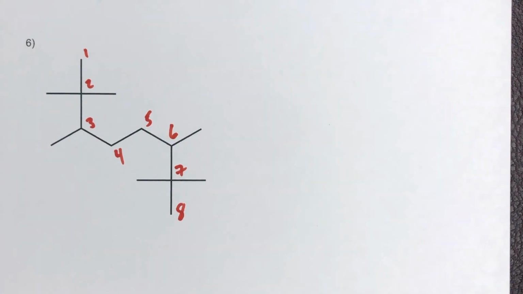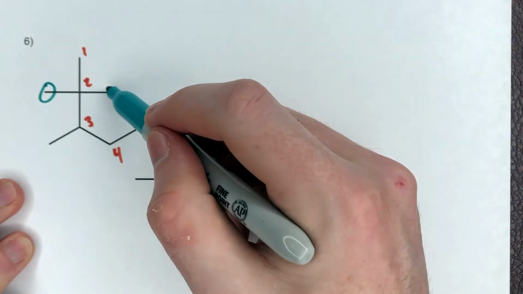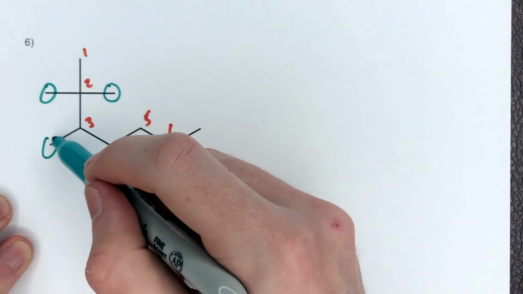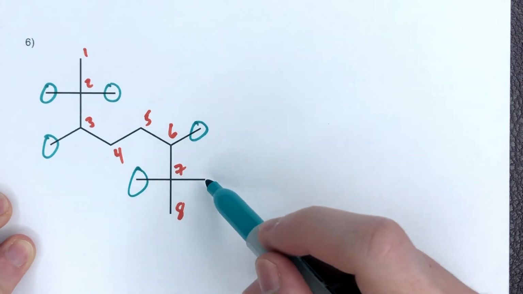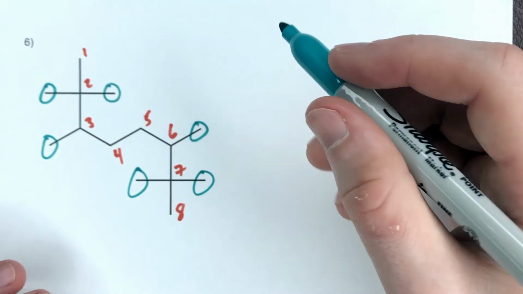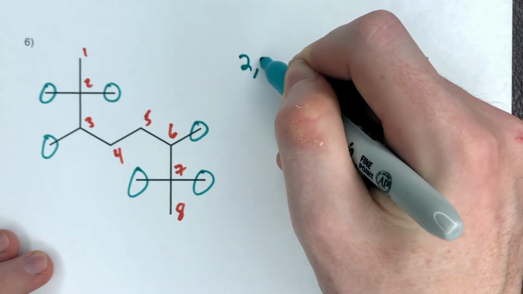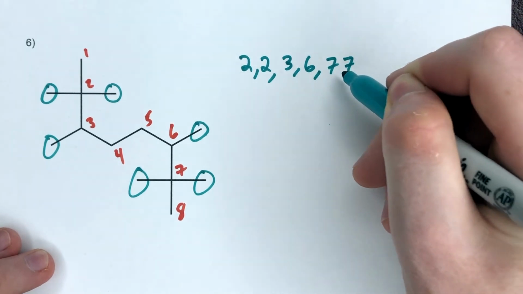So this is the correct numbering system. You may wonder why I went from up to down. You could go down to up, equally correct because of the symmetry again of this molecule. So now if we look at 2, we have a methyl group, and at 2 we have a methyl group, and at 3 that's a methyl group, 6 that's a methyl group, 7 is a methyl, and 7 is a methyl. So when you put that all together, this is a 2, 2, 3, 6, 7, 7, and then 1,